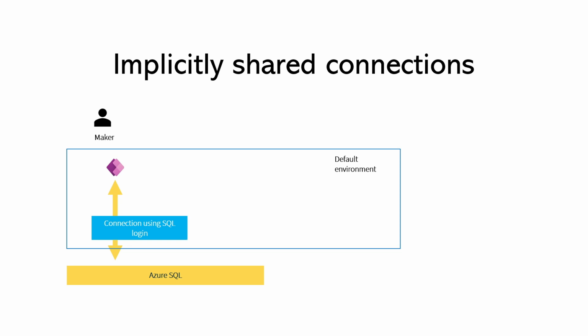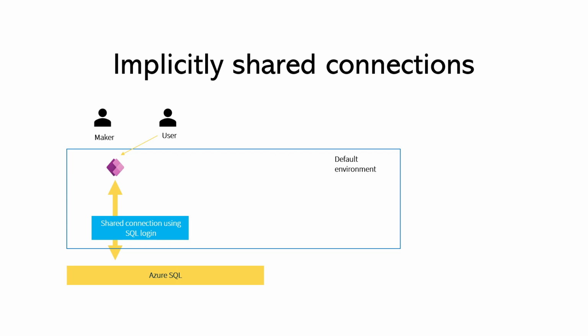the most common connection that has been shared implicitly is Azure SQL. In this example, I have made a Canvas Power App that uses Azure SQL as a database. Back in the day, the only way I could connect to Azure SQL was to use the SQL connection, and with that connection I need to use a SQL username and login. Then I made this app and shared the app with the user. Now what happens is that I actually shared that connection, my connection, with the SQL login to the